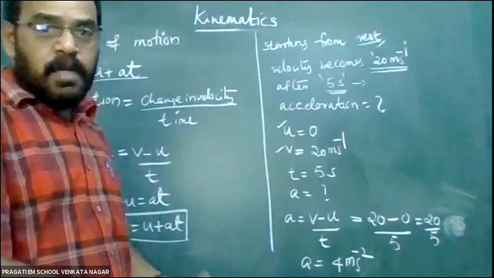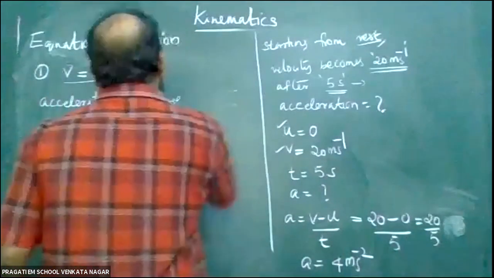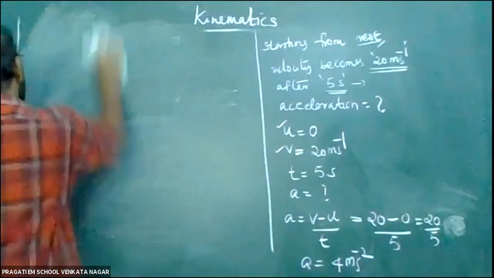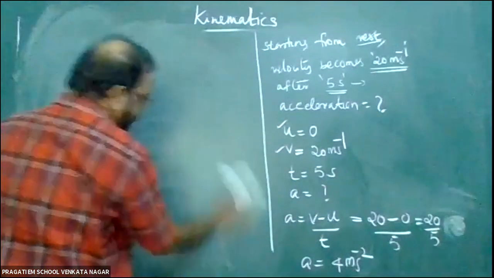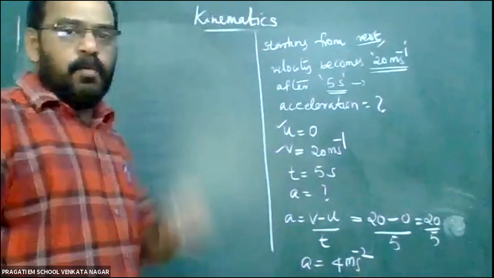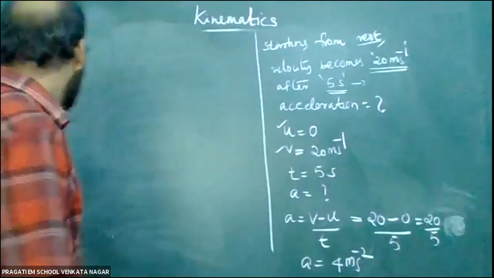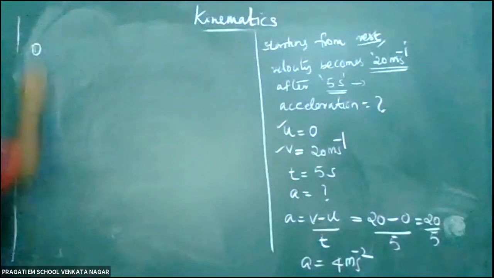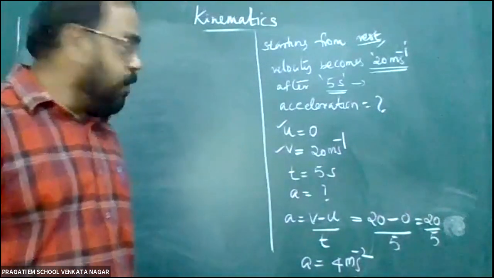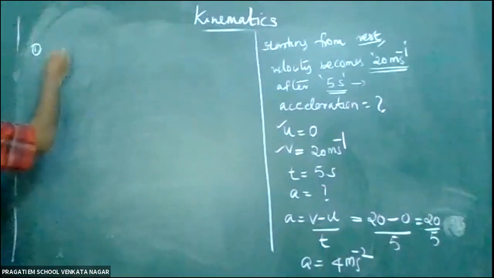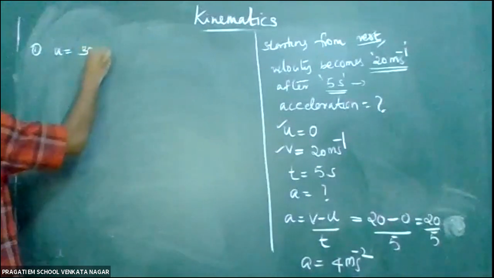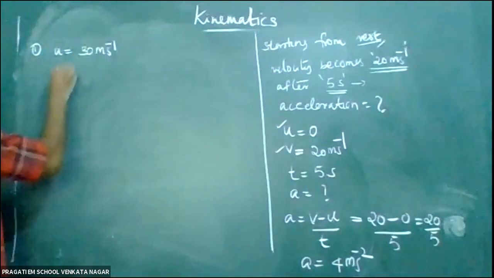You can find it out, and if you are not getting the answer, tomorrow you can ask. I will give you these readings because the complete question cannot be written now. It takes a lot of time. So I give you the information directly. Your duty is only to substitute. So first case, two questions I am going to give you as homework. It's a matter of 2 minutes. Everyone should complete it. So u is equal to 30 meter per second, v is equal